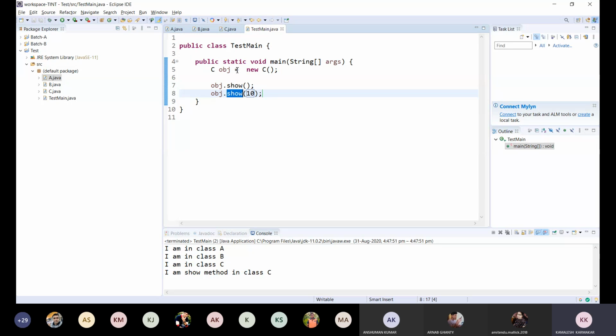And if we have a method in the parent class, and in the child class we define the method again, then it's overriding. Overriding means the method defined in the parent class will be overridden by the subclass or child class method.